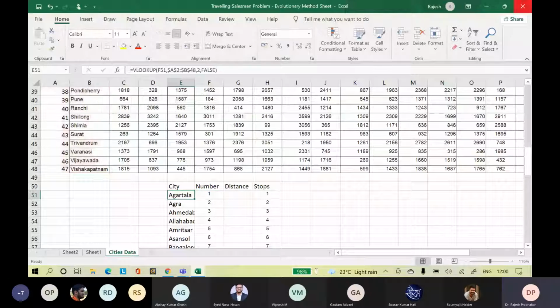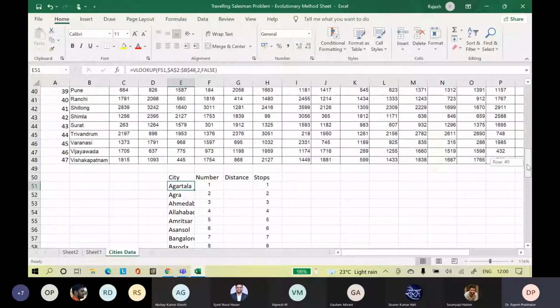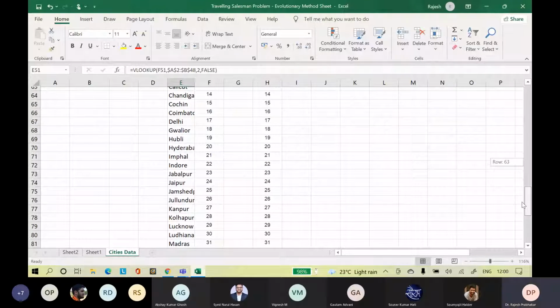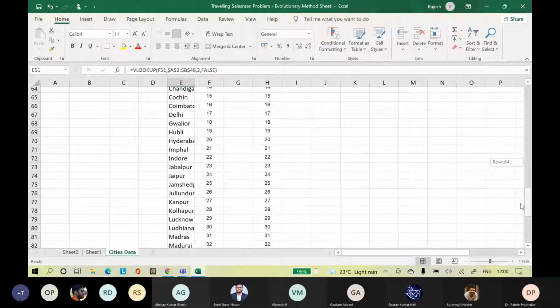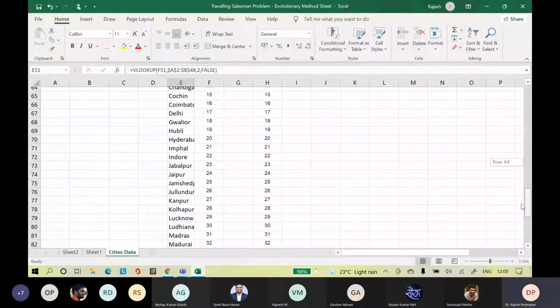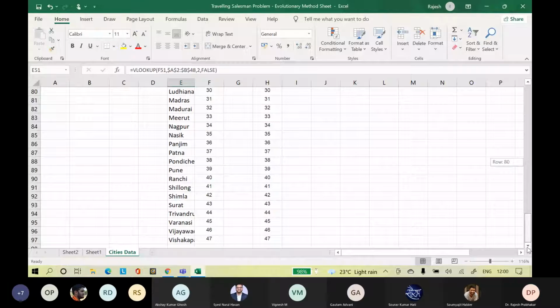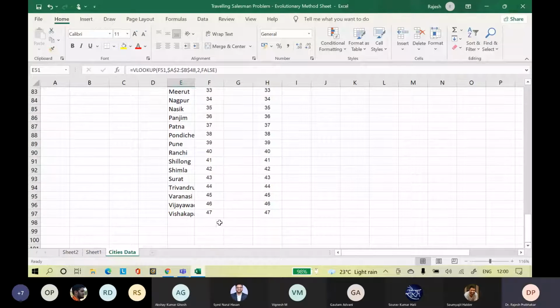Now we want to start point from where? Shall we do it from Hyderabad to Hyderabad? Okay. So we will do from Hyderabad to Hyderabad. So 20 is Hyderabad. You just type 20 number here. It will automatically read it as Hyderabad.